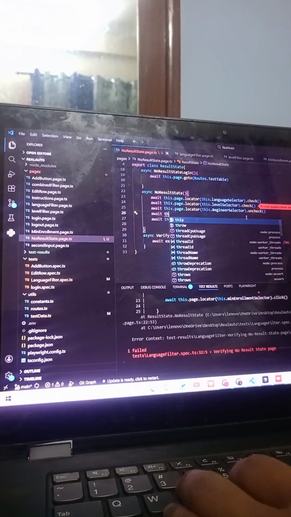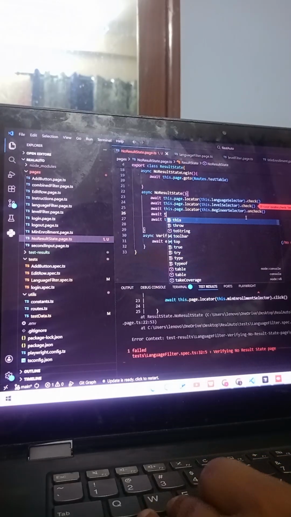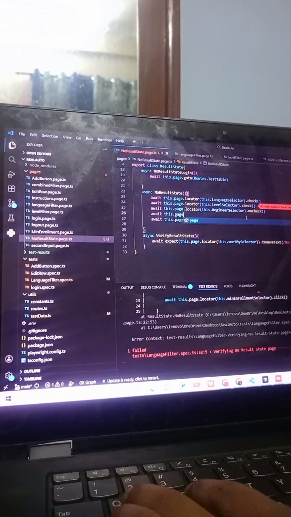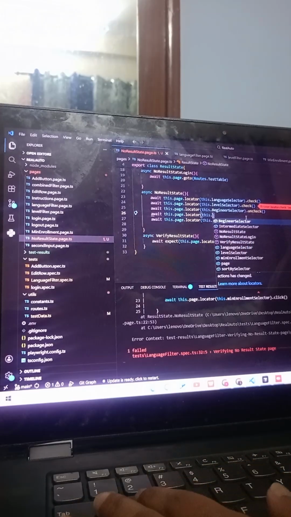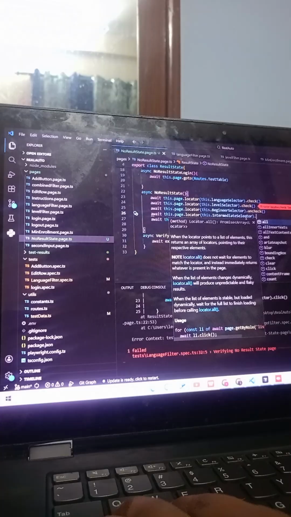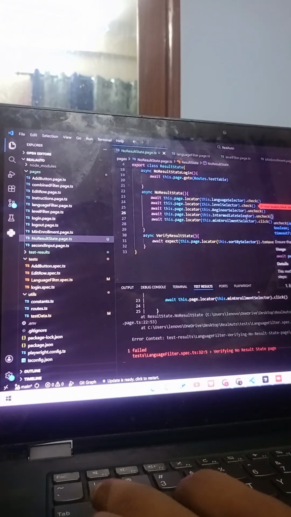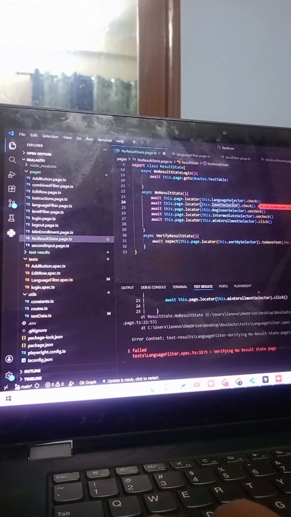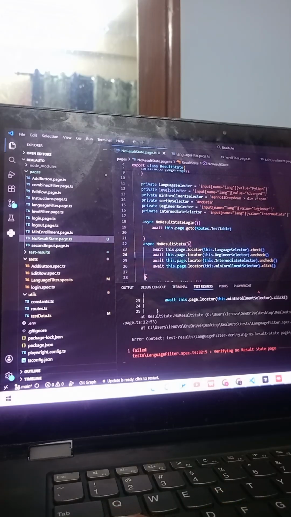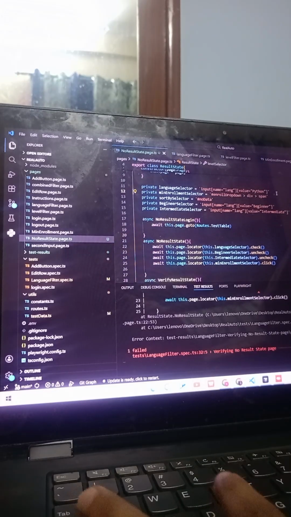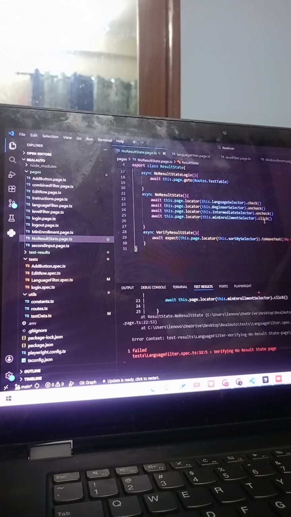Wait, okay, this dot page dot locator, this dot, not a beginner, so I need to uncheck both of these. I think it's already checked, so no need to write this one. For a label selector, no need to write it, right? For that reason,